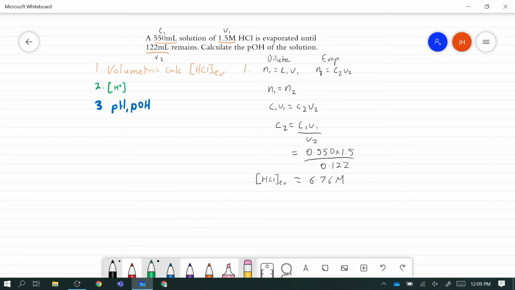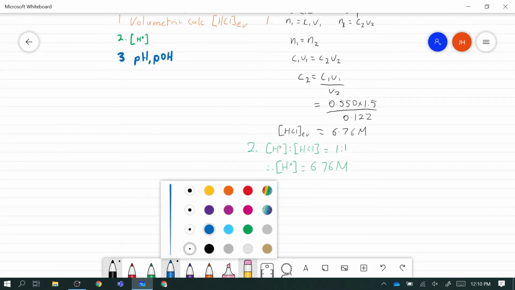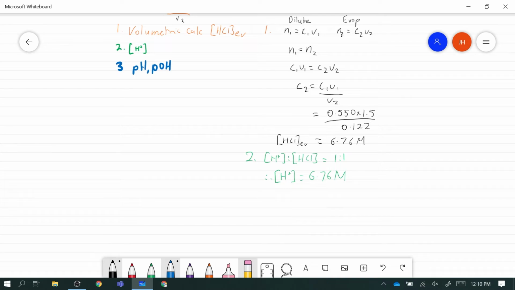Step number 2 requires us to look at our concentration of hydrogen ions instead. Now, because the concentration of hydrogen ions to the concentration of hydrochloric acid is going to be 1-to-1, we can say that those concentrations are going to be equal. Therefore, the concentration of the hydrogen ions is equal to 6.76 moles per liter as well. That's step number 2. Looking at step number 3, when we're going from concentration of hydrogen ions to pH and then to pOH after that,